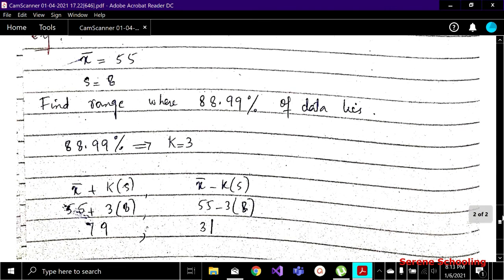Okay, so these are the two ways you can find the percentage as well as the range using Chebyshev's theorem. I hope you have gotten it, because there are concept videos available, but I guess you should also know these problem solving techniques, right?